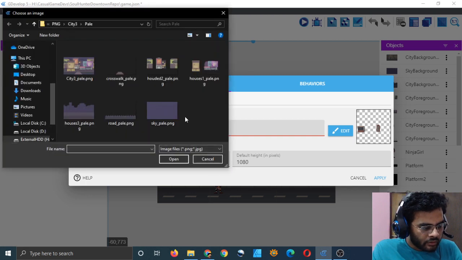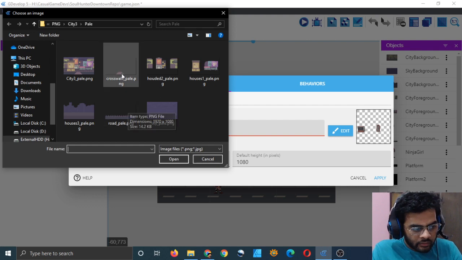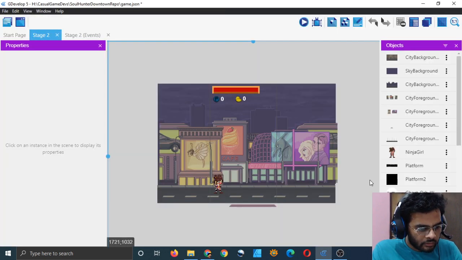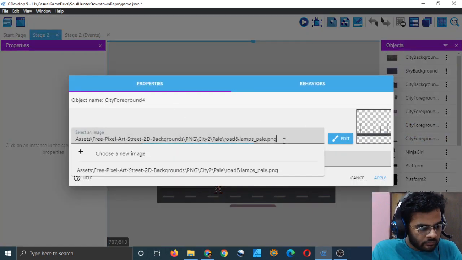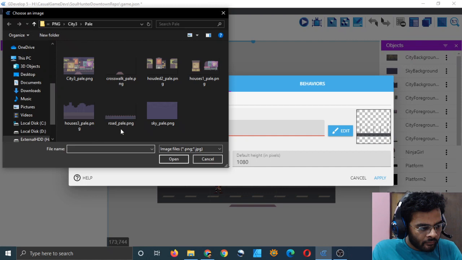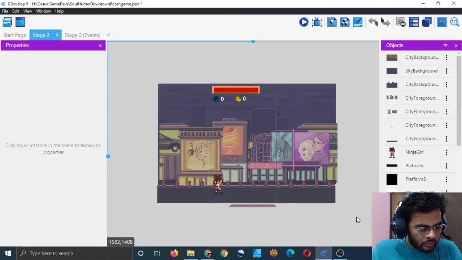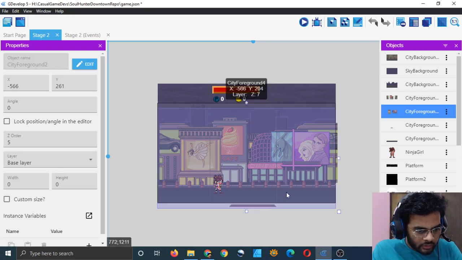Now I think it is time for a road or a crosswalk. I think it's the crosswalk. Apply, and then road, open, apply. The crosswalk should be in front, right?